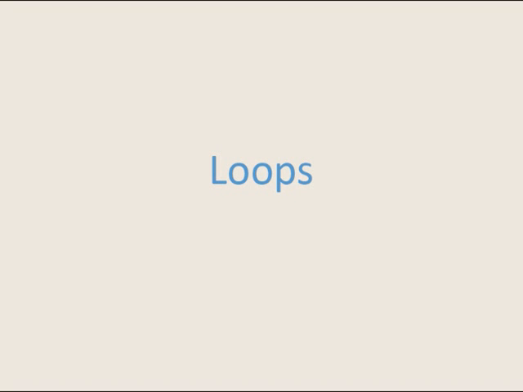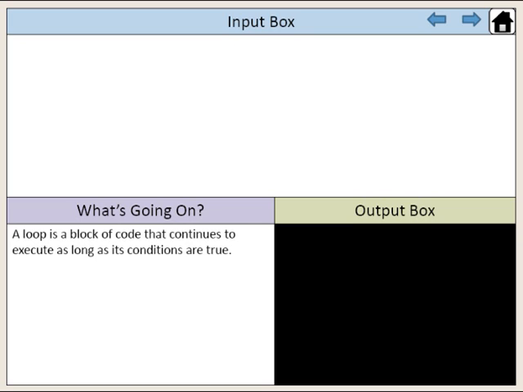C++ loops. A loop is a block of code that continues to execute as long as its conditions are true. There are three basic types of loops: